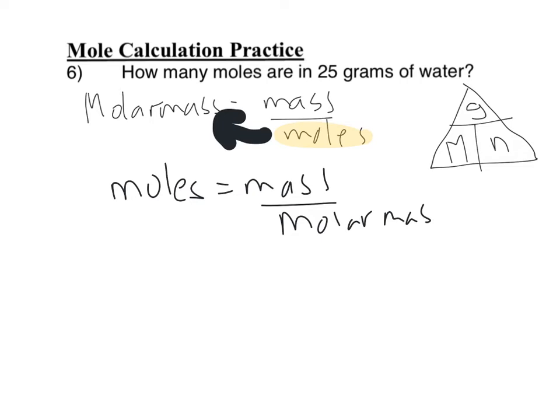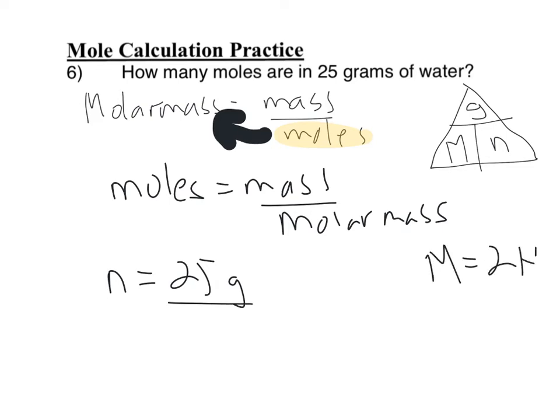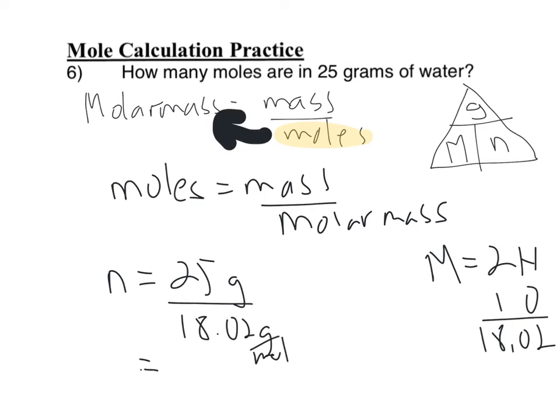Okay, so n is equal to the mass, which is 25 grams, divided by the molar mass of water. Now, if we take a look at the molar mass of water, we have 2 hydrogens and 1 oxygen. And if we do the calculation on that, we should get 18.02 grams per mole. And I put those numbers in my calculator, and we get